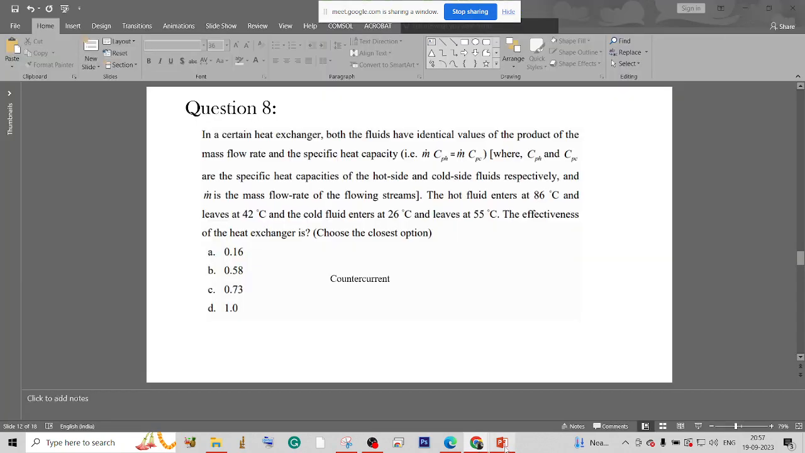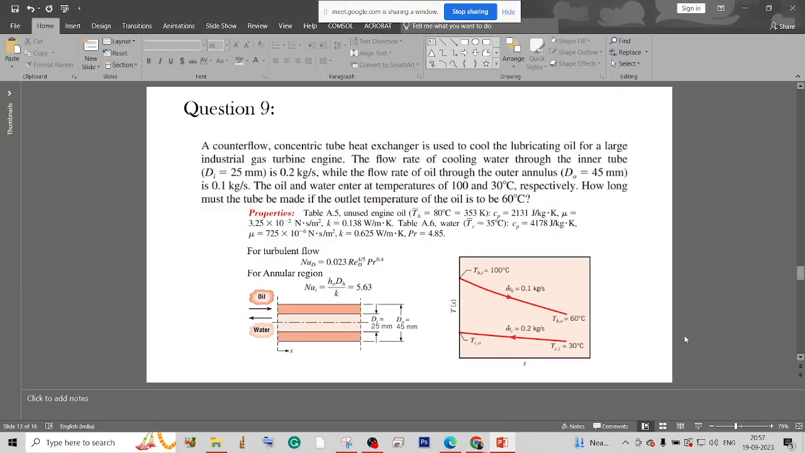Now let us proceed to question number 9. A counterflow concentric tube heat exchanger is given as shown in the figure. It is used to cool the lubricating oil. Lubricating oil is in the annular region and water flows counter-current in the inner region. The flow rate of the cooling water through the inner tube is 0.2 kg per second, while the flow rate of the oil in the annulus region is 0.1 kg per second, and the diameters of both are given. The inlet temperature of the oil, that is the hot fluid, is 100